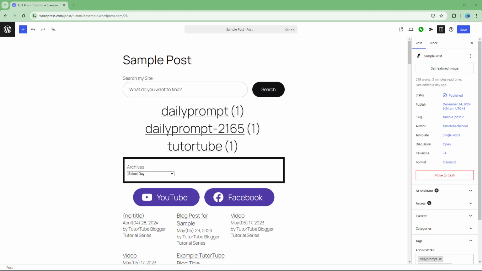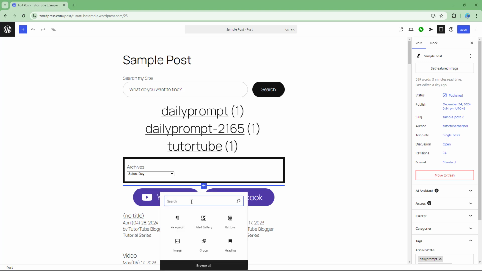So now let's see how we can add a star rating block inside of wordpress.com. In order to add a star rating block, you need to hover around in between two blocks where you want to add the star rating and then click on the plus button. Once you do that, type in star right here just like this,